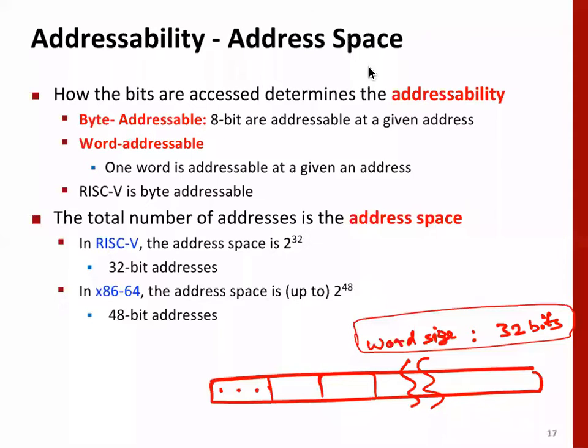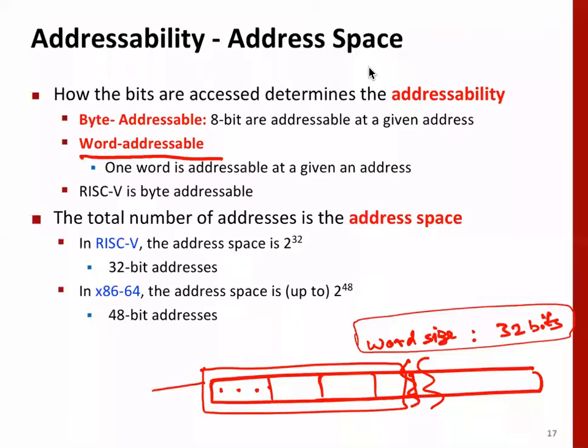Now you can say that if there are 4 bytes, then let's read all 4 bytes in one shot, in parallel. So the data that comes out will be 4 bytes. If memory is structured in this way, then we call it word addressable. Earlier computers were word addressable, but later on people found that programmers most often manipulate a byte. So later architectures became byte addressable.